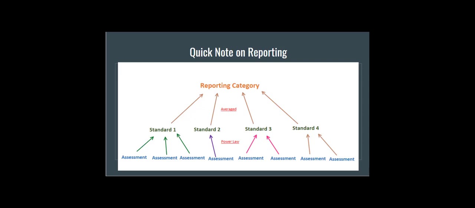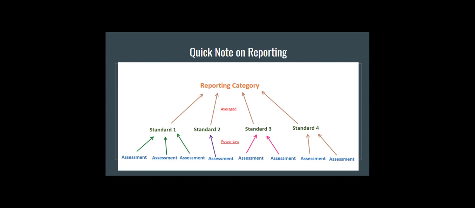All right, so the purpose of this video is to explain the reporting category. The reporting category is what shows up on a student's report card, but the question is, how is that reporting category calculated? Each reporting category is made up of a group of like standards. So whatever the reporting category is, there are several like standards that are grouped together, and those standards speak to that one reporting category. So that reporting category is getting averaged out of the student's proficiency on that group of